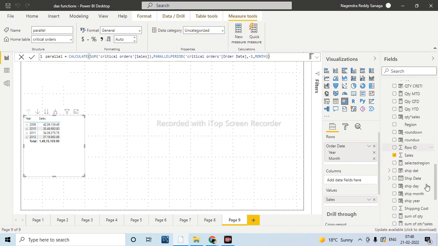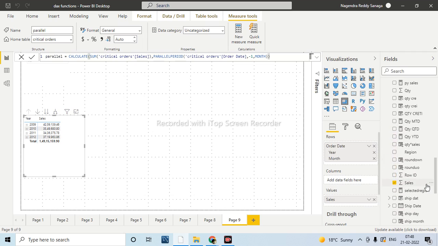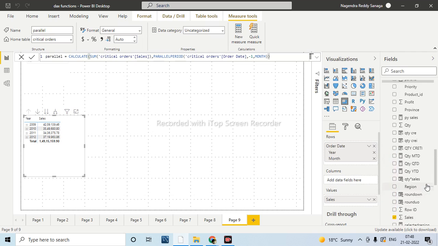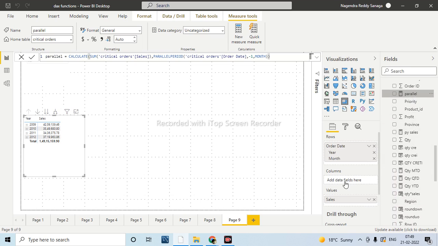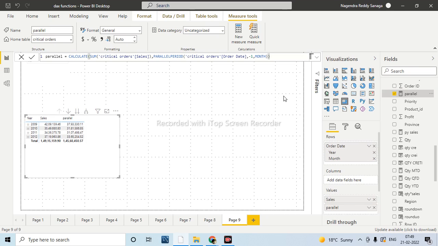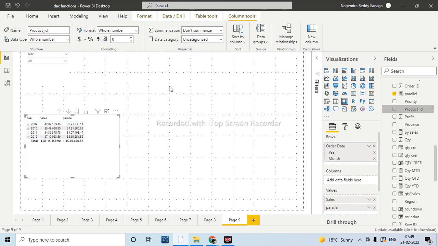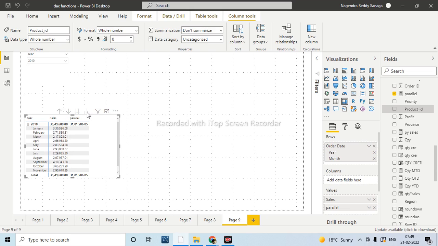Now let me drag that function. Now let me take any of the month and I want to expand based on the month information.